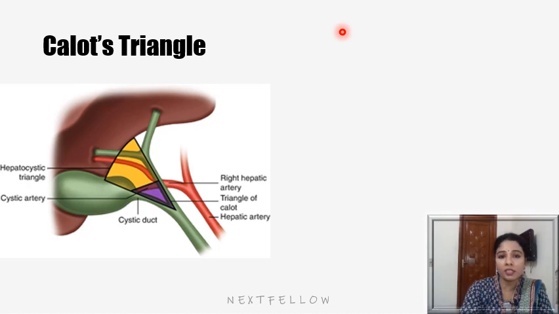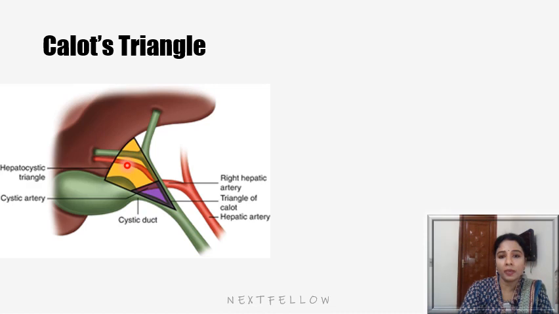But the modern definition gives more consistent borders, because the cystic artery has considerable variation in its anatomical course and origin. Because of this variation, the triangle is very difficult to define, and for that reason this whole thing is presently considered Calot's triangle. The contents of Calot's triangle include the right hepatic artery, which we can see is formed by the bifurcation of the